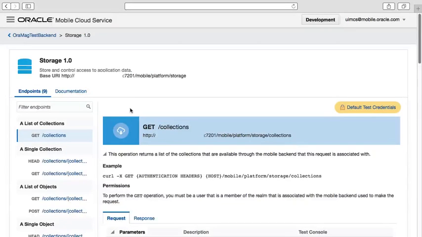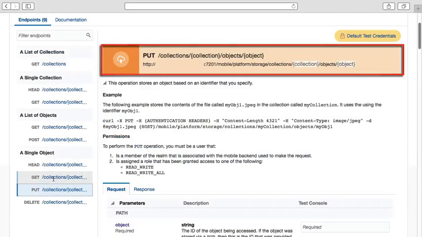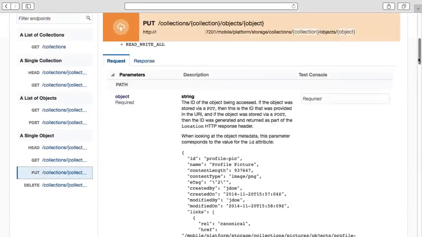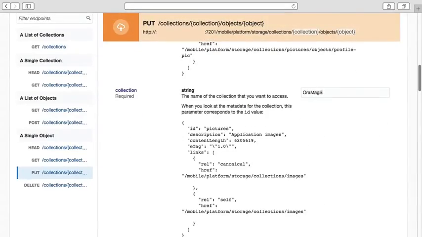On the left-hand side, under the Single Object section, we select the Put Collection Collection Name Object Object ID endpoint, which we'll use to upload a file via JoeDoe. Within the parameters of the Put endpoint, we'll supply our own object ID for the object, Joe shared JSON file.json as an example, as well as the shared collection name, Aura Mag Shared Collection,